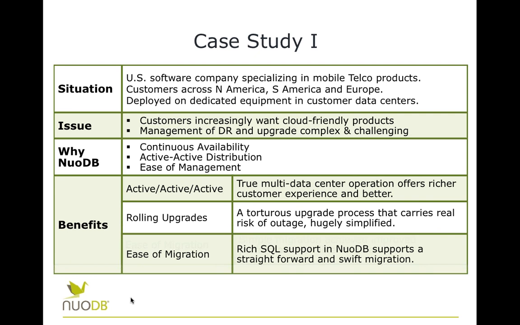Well, what we are delivering, as I've described, is active, well, the third active of that, which means not just two data centers with active, i.e. with transactions updating in both places, but 3, 4, and more data centers. That's something we're rolling out to them, and they're expecting to take advantage of in fall this year. But key to them was to get multi-data center operation, rolling upgrades, get rid of that torturous upgrade process. And the interesting thing was another one, which was ease of migration, which of course is in line with what Ian was saying, which is the need to retain consistency with the legacy and not be disrupted.